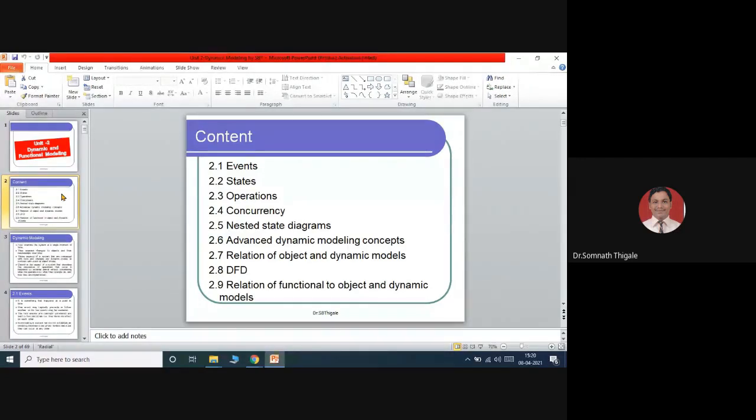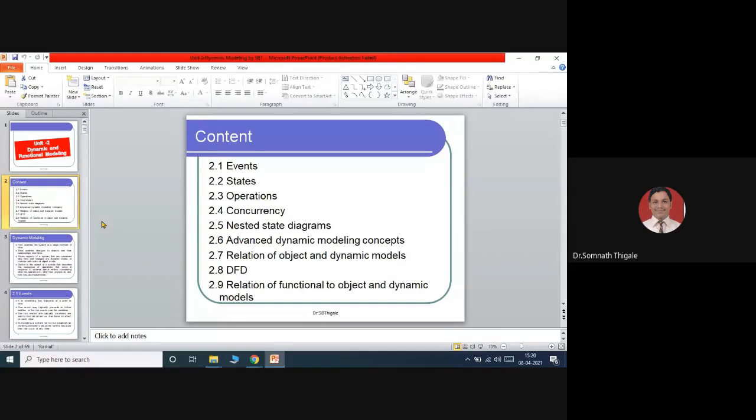Concurrency means parallel actions. At a given particular moment, there may be some parallel activities running. We discussed those parallel activities and how to run with them. We discussed one simple example in terms of a state chart diagram, that is a state diagram.